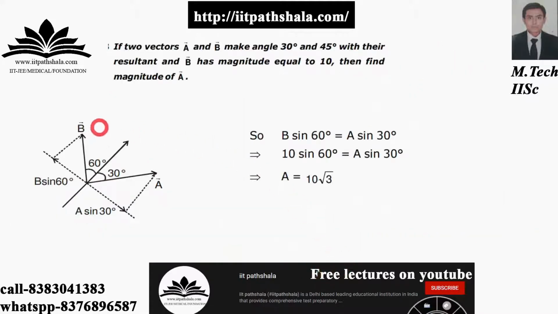Now let us do this by using another example over here. So you are having a vector B over here, a vector A over here, with their resultant. B is having a magnitude equal to 10. Then you have to find the value of A. So the magnitude of B is given to you as 10. This is your resultant, and he wants the value of the magnitude of A vector.